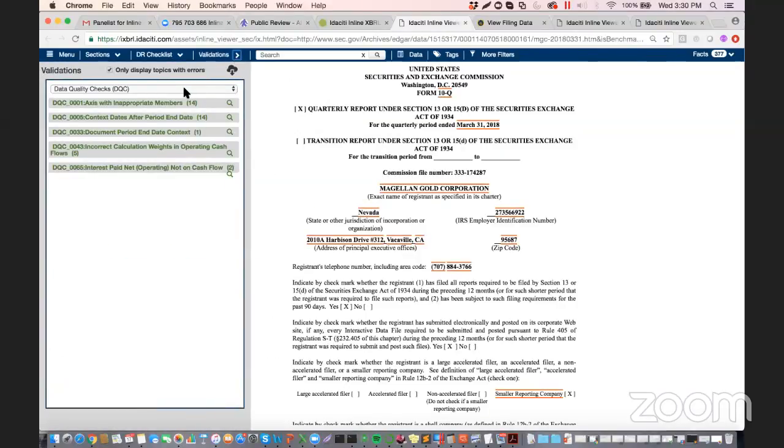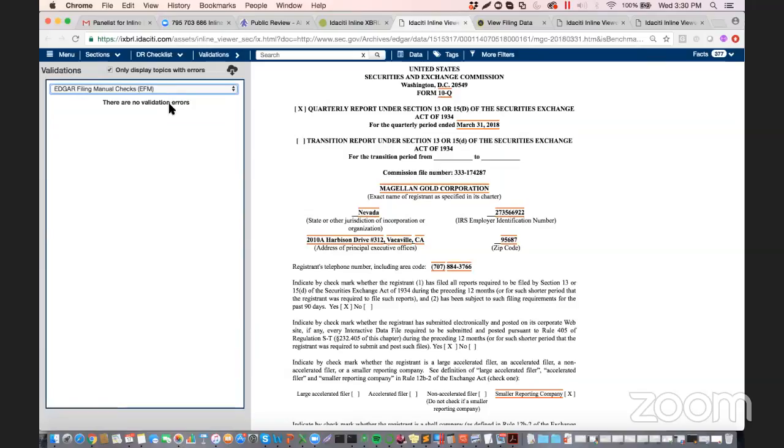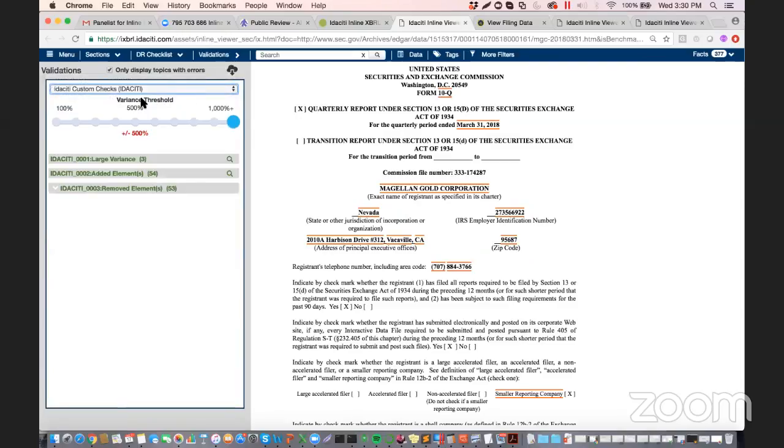As I said, we've built in the DQC checks. We've built in the EDGAR Filer Manual checks. So this filing does not have any EDGAR Filer Manual errors. And then we also built in our own Idacity custom checks. This is just a starting point for us; we're continuously building in extra validations in here. But as a starting point, you can do simple things like looking at period to period, year to year